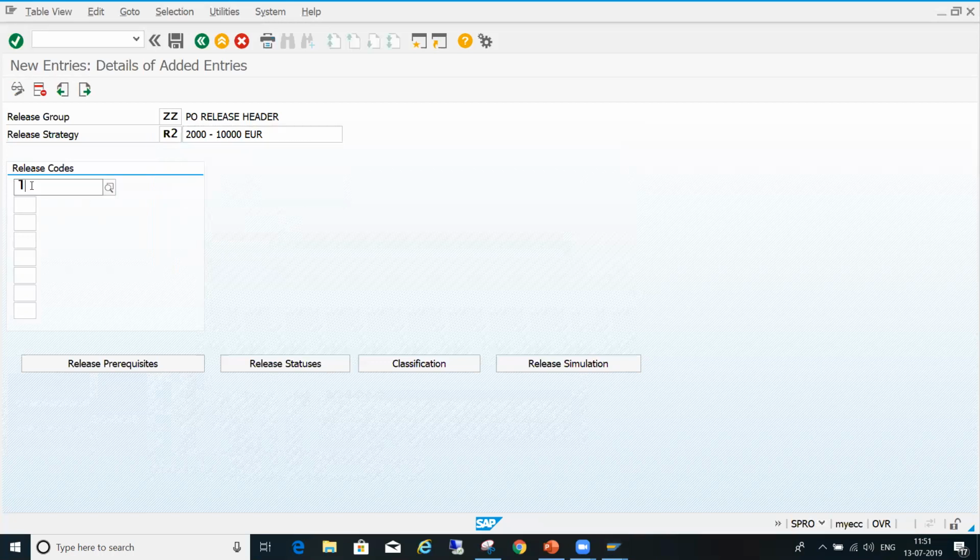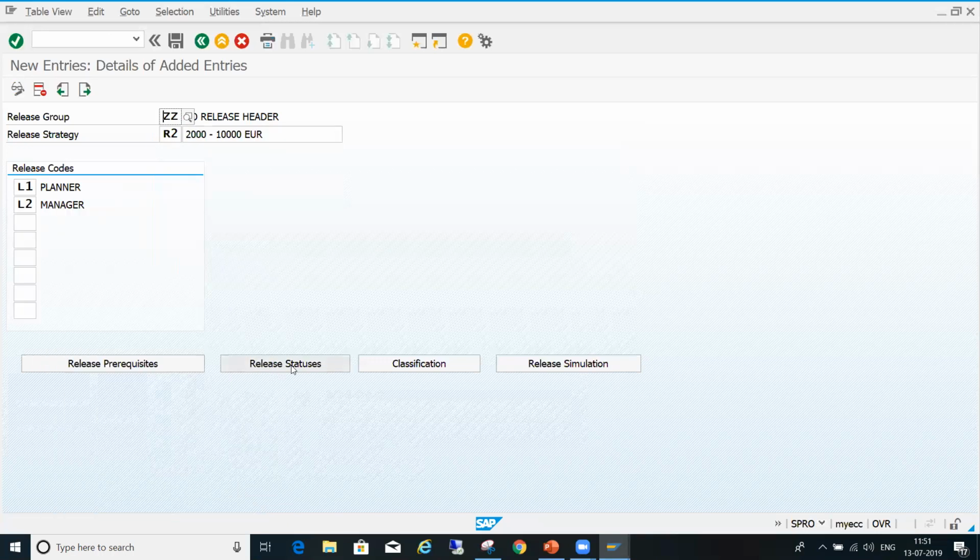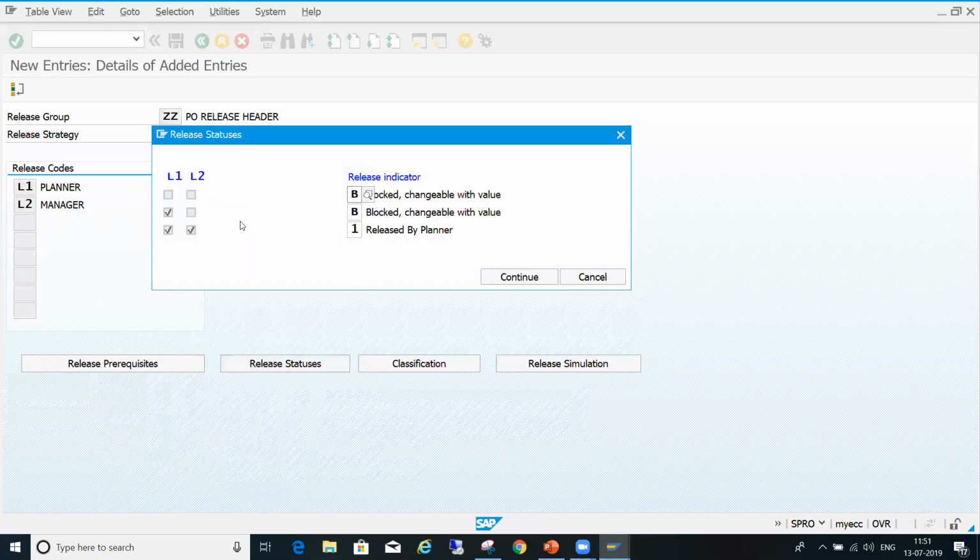So here L1, L2. Release prerequisite, you have to select this one. Release status, so here nobody released it, it is blocked.